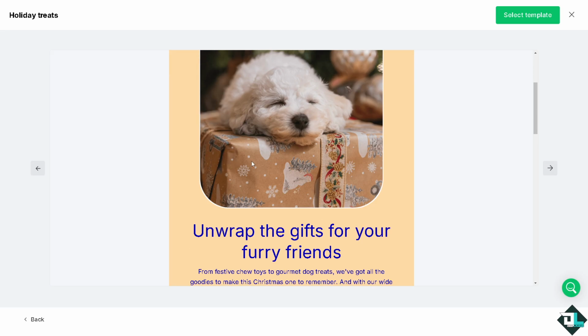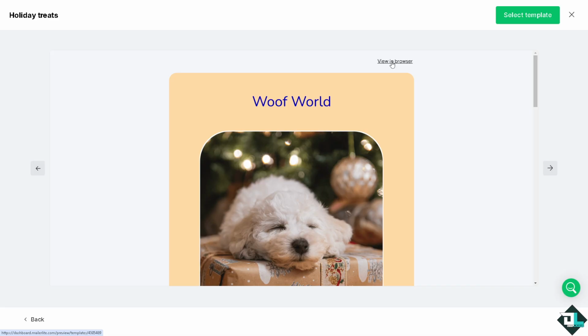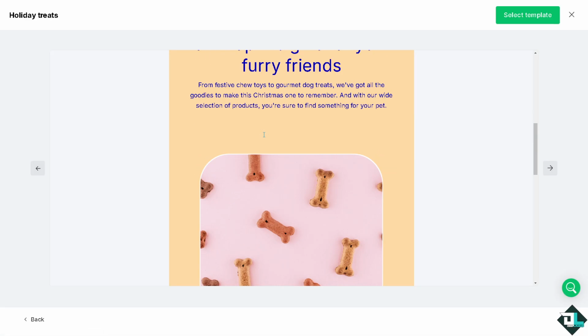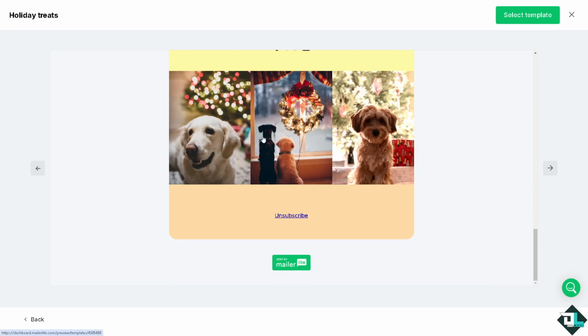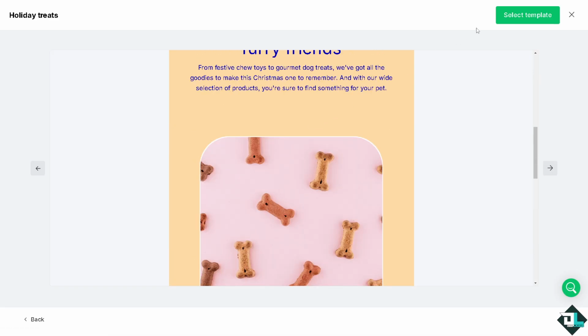All right. If you want, you can click the view in browser. You would be forwarded here. All right. If I think this is going to be the template for your campaign, click this button that says select template, and you would be forwarded to the template builder, wherein you can customize the content inside of it. All right. Once you have chosen the pre-designed template,